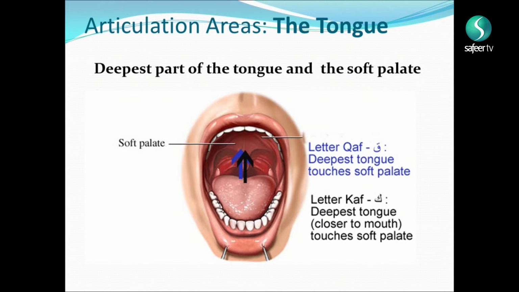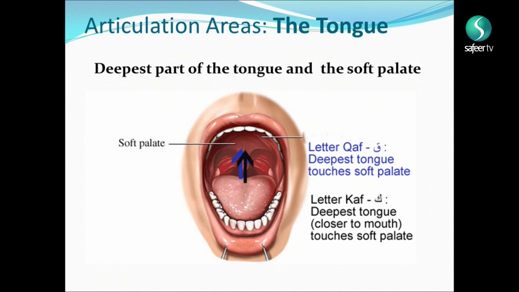In the qaf, the root of our tongue elevates towards the hard palate, towards the roof of our mouth. And in the letter kaf, the root of our tongue goes towards the lower place. So that is the only difference we have, especially in the qualities. Of course, they have different qualities and different points of articulation, but they are from one section. We call them lahat, or velar place. Uvula, you are usually using the soft palate in these two letters.